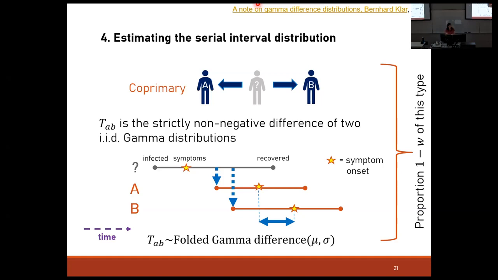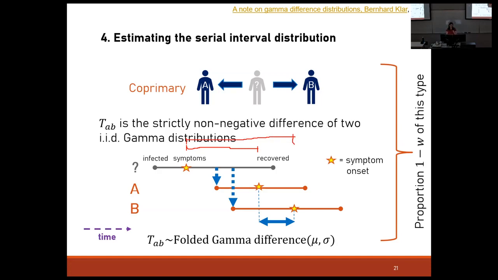So if I take you through my little diagram again here. We've got time going from left to right, and we've got some person question mark who we know infected both A and B. So our question mark person showed symptoms here, and later on went to infect both A and B. So we've got two true serial intervals in this diagram. There's the one between question mark's symptoms and A's symptoms, and there's another one between question mark's symptoms and B's symptoms, which is about here. Sorry, my drawings are really bad.